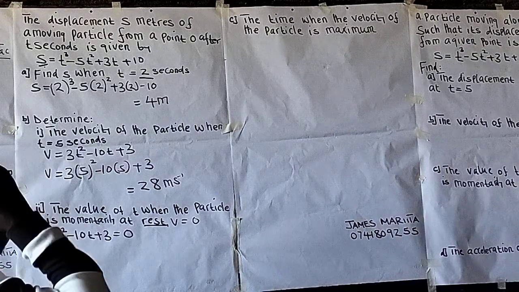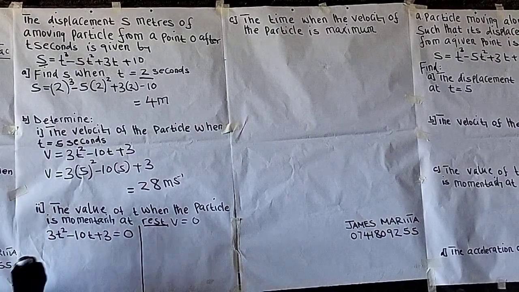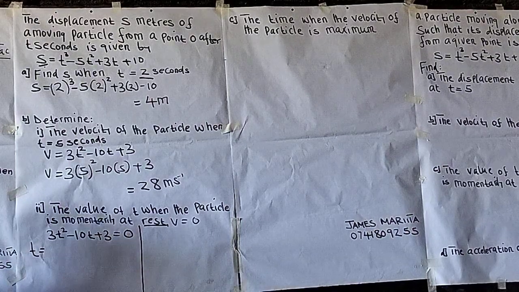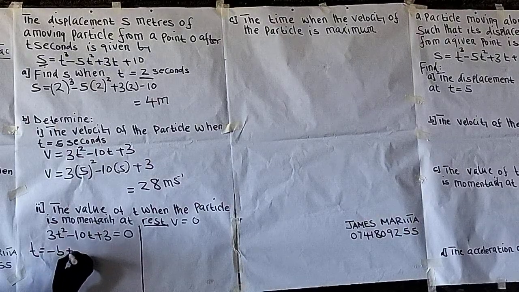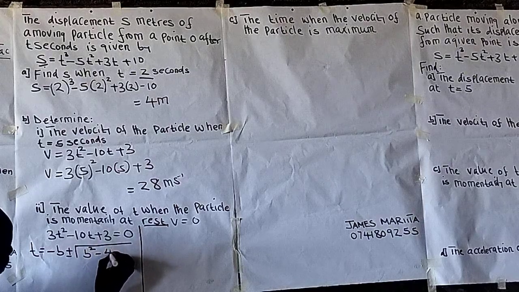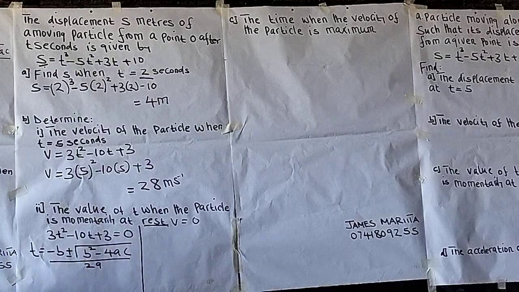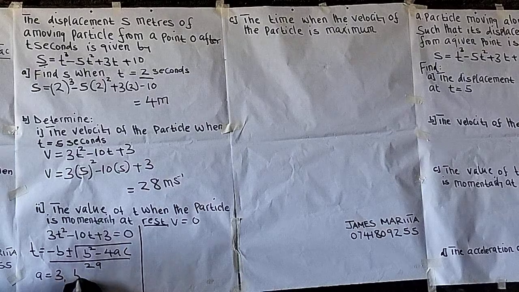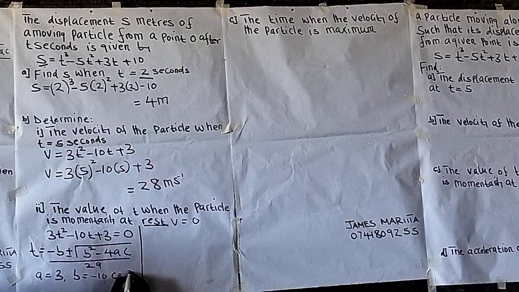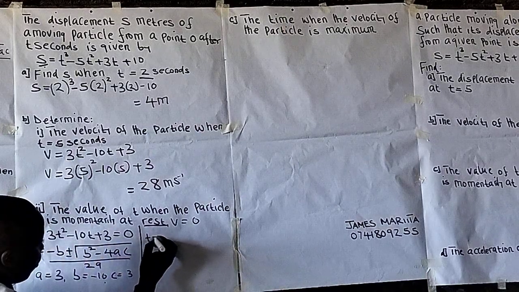Use the quadratic formula. So if we use our quadratic formula, t is equal to minus b plus or minus the square root of b squared minus 4ac, then you divide by 2a. So from here, the value of a is equal to 3, this 3 here. The value of b is equal to negative 10, and the value of c is equivalent to 3. So you can substitute there by saying that t now is equal to